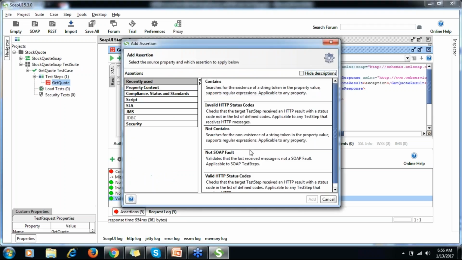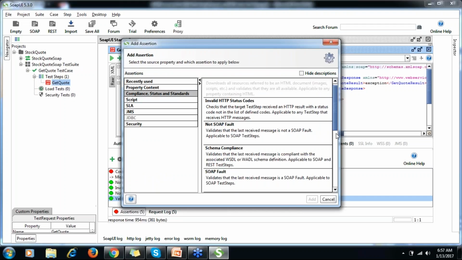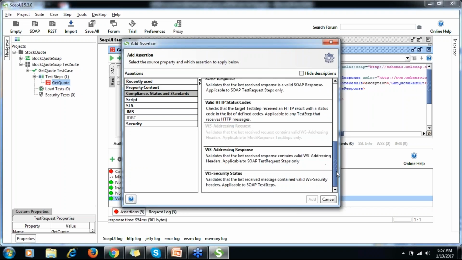Let's see another. In compliance, these three or four things are important. You should always check invalid status code, not SOAP fault, and valid HTTP status codes.